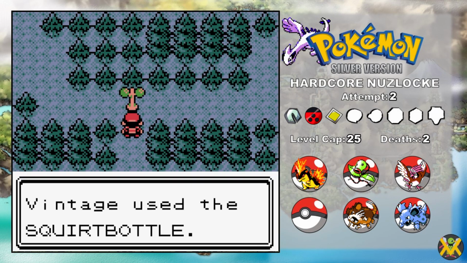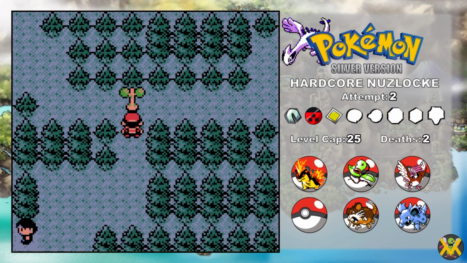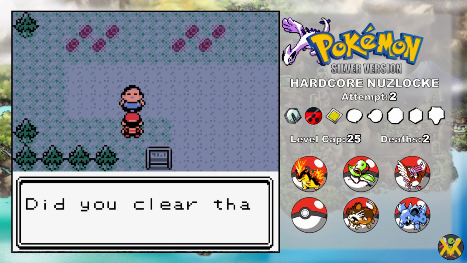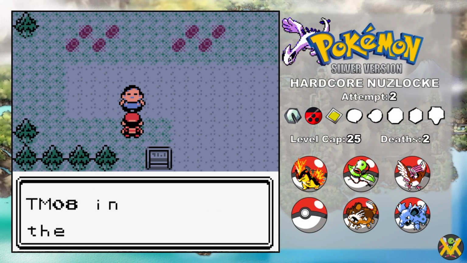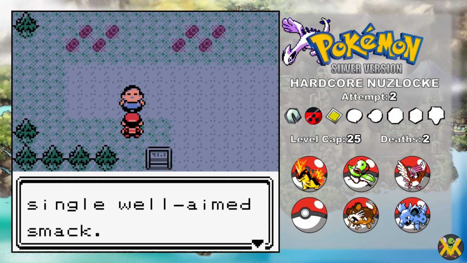We go to water this tree and it attacks. Who the hell trusted a 10-year-old with this fucking squirt bottle? We catch the Sudowoodo and name him Ramatra. This also lets us pick up the TM for Rock Smash. That's right, they made Rock Smash a TM in these games, because why not cause endless anxiety to 8-year-old me who accidentally deleted it and assumed I needed it to complete the game, so just reset like 20 hours of